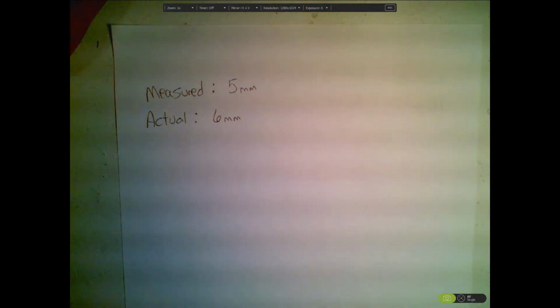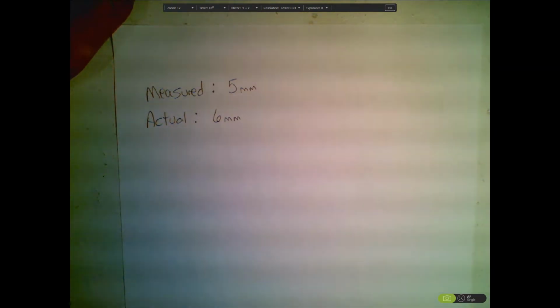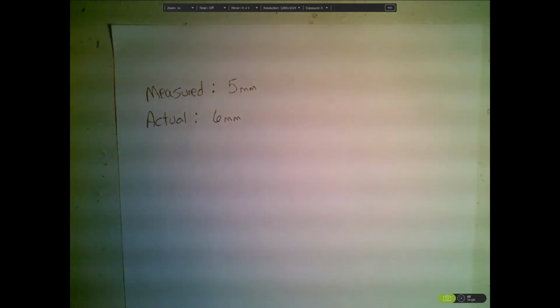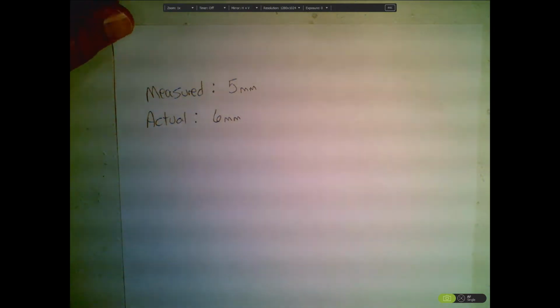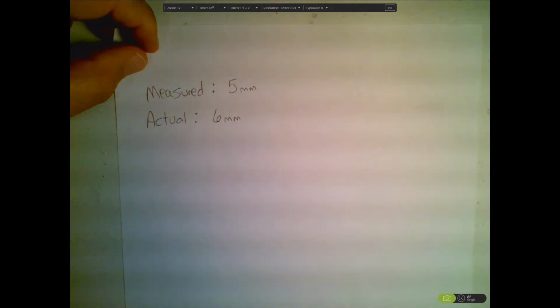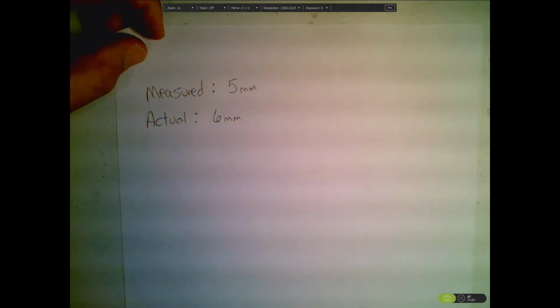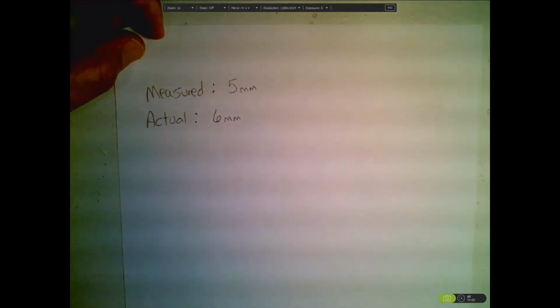So I want to do an example of percent error. When you're making measurements, you're not always going to be exact. You're not always going to nail it right on the head like you're supposed to. So basically percent error is just to figure out how much you goofed up when you're doing it. And we realize there's going to be some human error in there. Obviously we want to minimize our error, but it's good to understand how much we are away from where we're